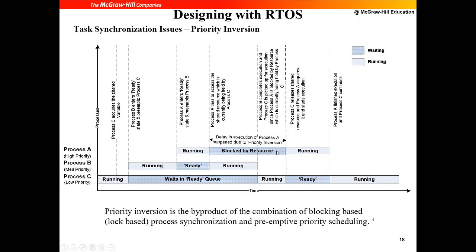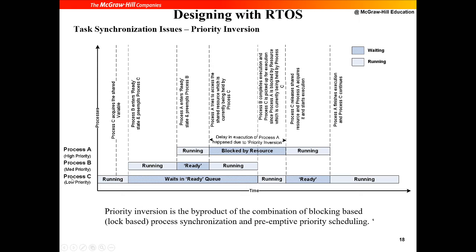So what will it do? It will say, okay, I am blocked, so anyone else, you continue. Process B will say, I don't have any resource dependency, I will continue. So process B continues, and after it finishes, process C continues, because that is the one that has the printer key. It will use the key and finish executing, and then it will have the last laugh: even though I am a lower priority job, I finished early. Then it returns the key to process A, and process A continues. So what is happening here is that even though process B has lower priority than A, B finished before A.